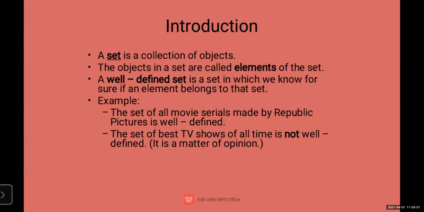That is, a set is a collection of objects. The objects in a set are called elements. As in the example we took, Sunday, Monday, Tuesday, Wednesday, Thursday, Friday, Saturday, these are all the elements of a set.